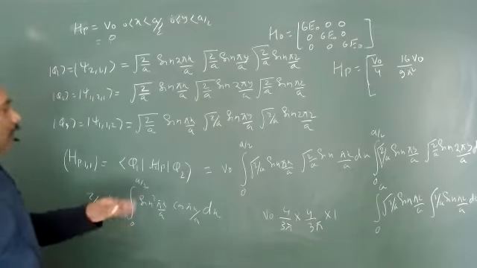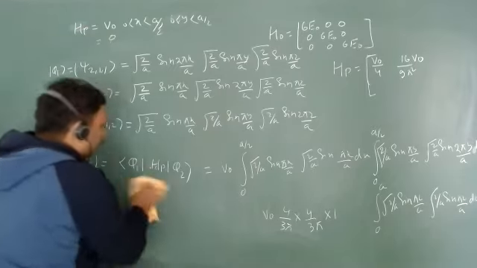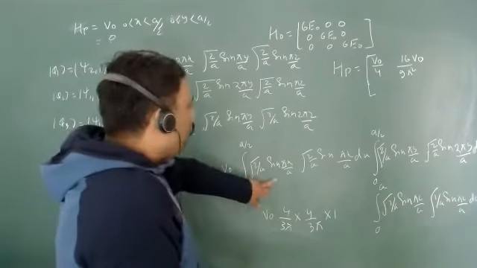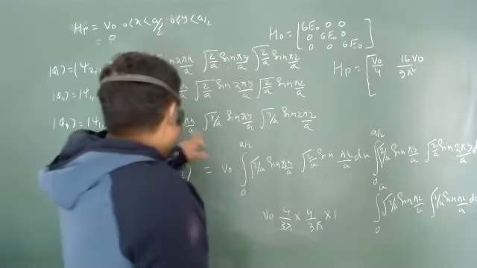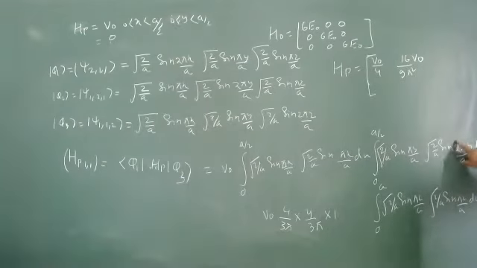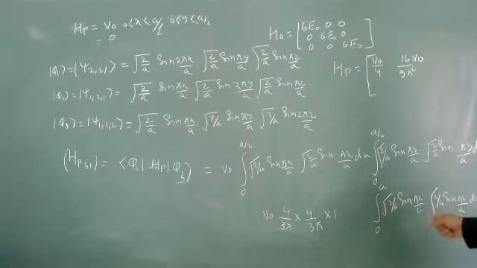Now let us go for 1, 3. Then we can write all the elements directly. So when we have 1, 3, what is this value? This is 1, 2. For 3, this is x. It's okay. What about this one? 1 and 3: both will be pi y by a. And what about this one? This will be 1 and this will be 2. So you can write this thing as 2 pi z upon a dz. So what is this integration?